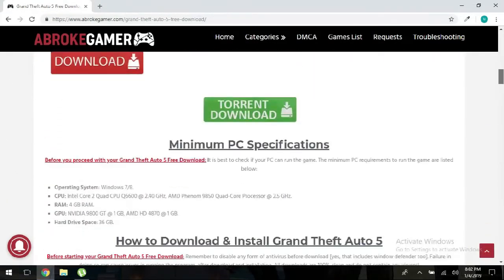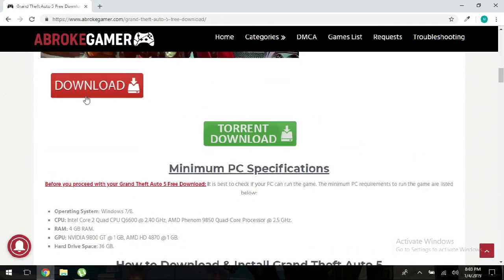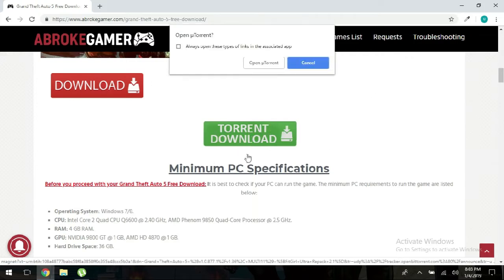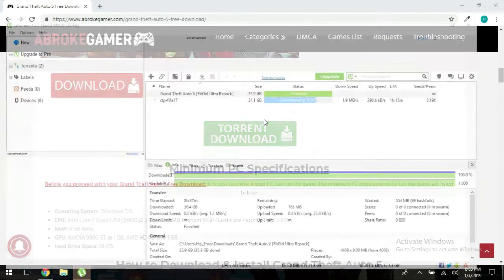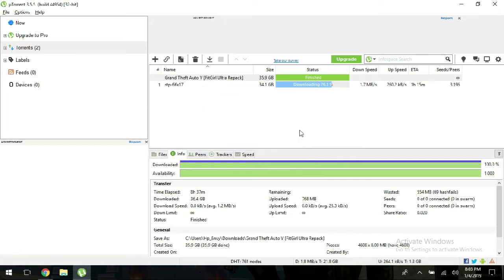and scroll it down. If you have internet at your home, please click on download. If you don't have, you should go to torrent download. So I'll be choosing torrent download and open the torrent. I have already downloaded this, so I don't need to download it again. So I am clicking on no,